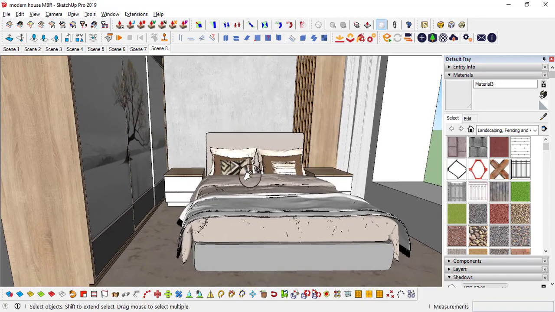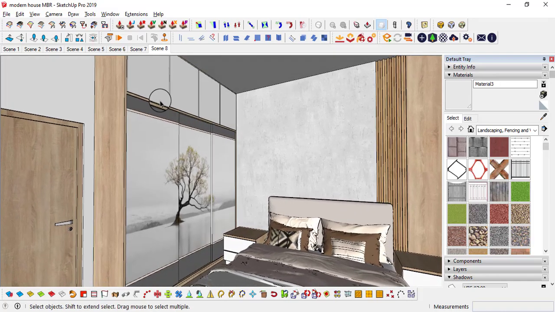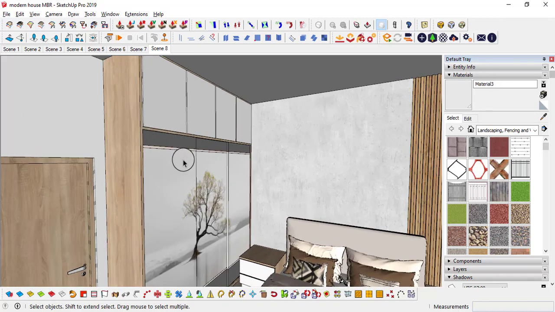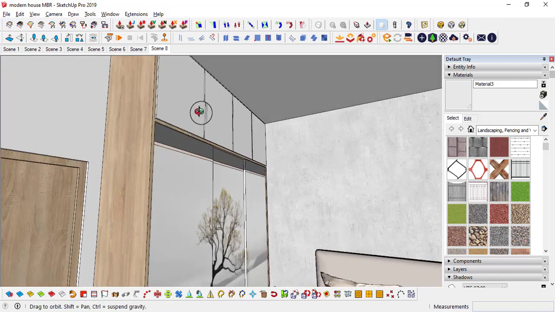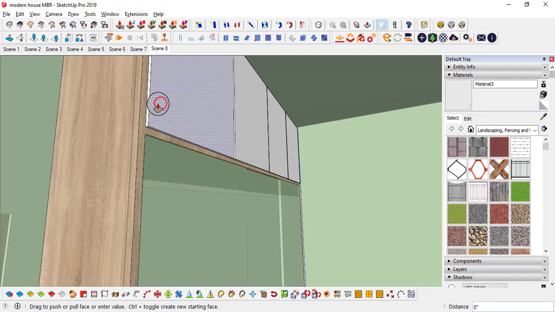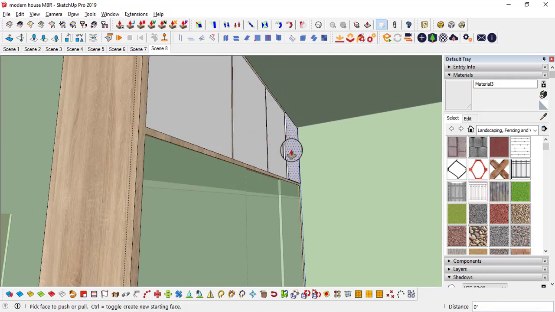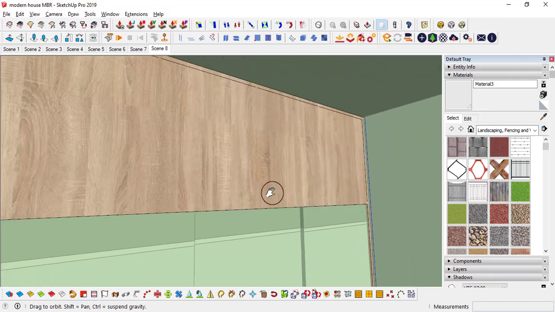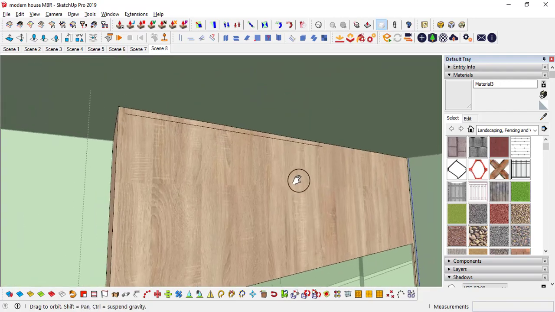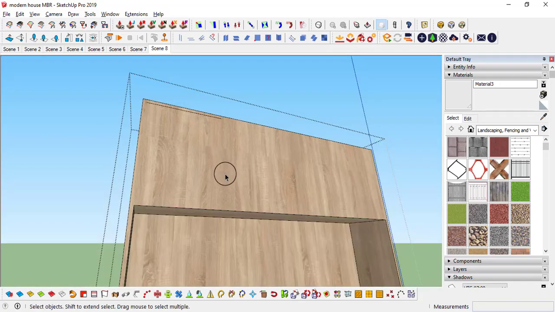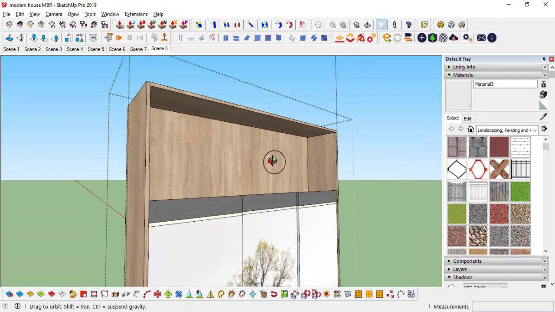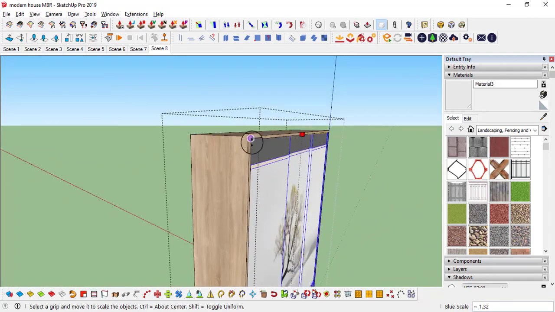So these are the side tables. And for the wardrobe, I just want to create single doors, not with the loft. Actually, I want the loft behind these sliding doors. So with single piece doors, I want to make this wardrobe. So I will double click, push it up to here, double click, double click, double click, and erase everything. Okay, I don't need this, just left with one line. I'm going to push it up to that. So this is going to be my frame, and simply I can scale it up to here.